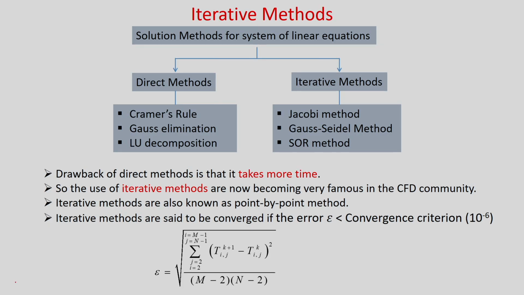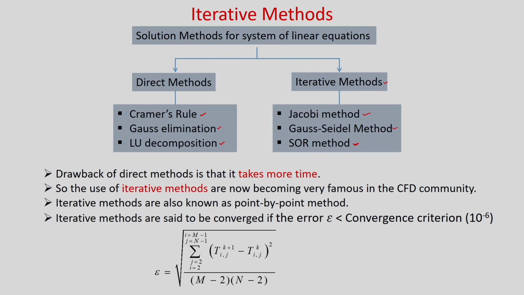So, this is the order of accuracy of this method. Using the finite difference discretization method, we have converted the partial differential equation to a system of algebraic equations. So, that you need to solve at each discrete point. Okay. So, there are many methods. One is direct methods, which are very time consuming, like Cramer's rule, Gauss elimination or LU decomposition. So, generally these are not used in CFD. In iterative methods you have Jacobi method, Gauss-Seidel method and successive over-relaxation method.